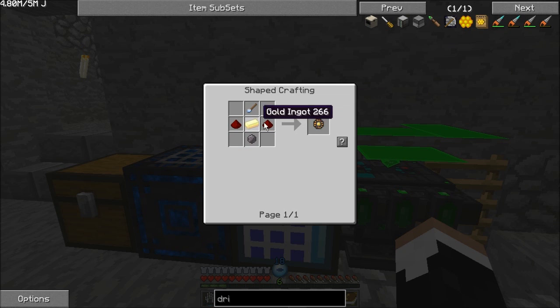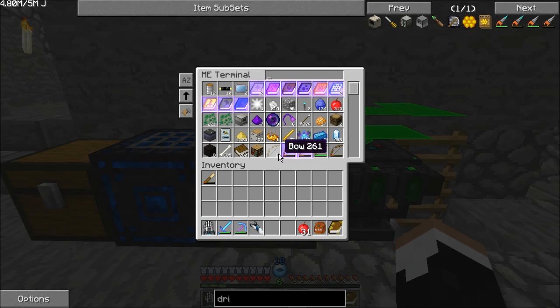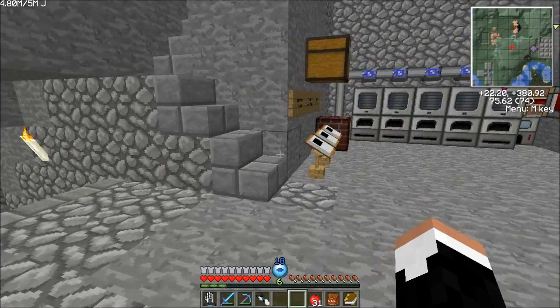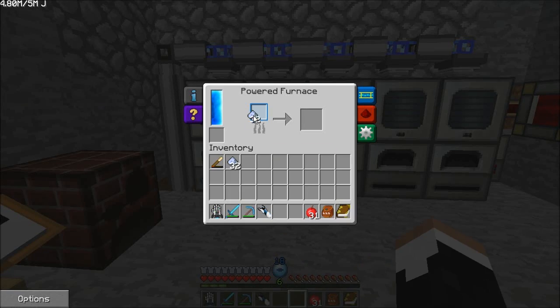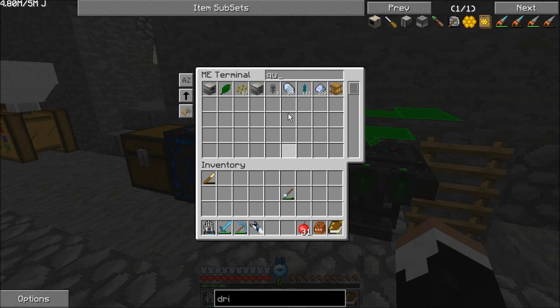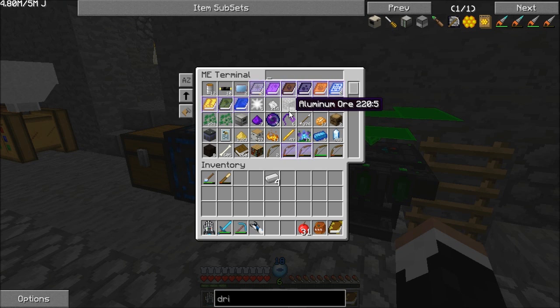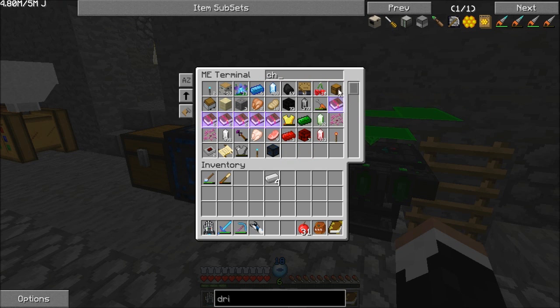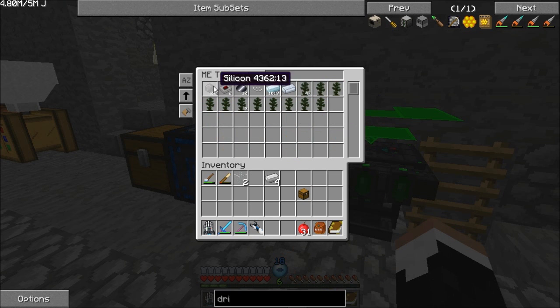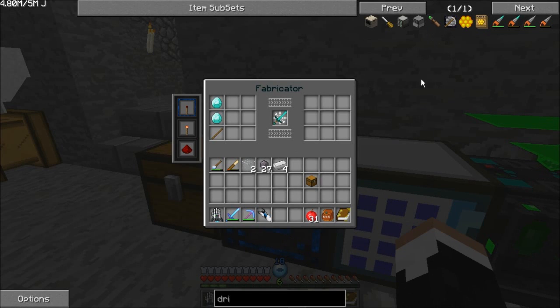So a basic processor is one of these processor assemblies smelted up. We need two of them. We're going to need a good amount of this quartz dust turned into silicon. So let's just go ahead and get a whole bunch of it cooking up now. We're going to need our quartz cutting knife. We're going to need 4 pieces of iron, which we are very low on. We are going to need a chest. We're going to need a few pieces of glass. And we're going to need some of this silicon, which we're going to then...